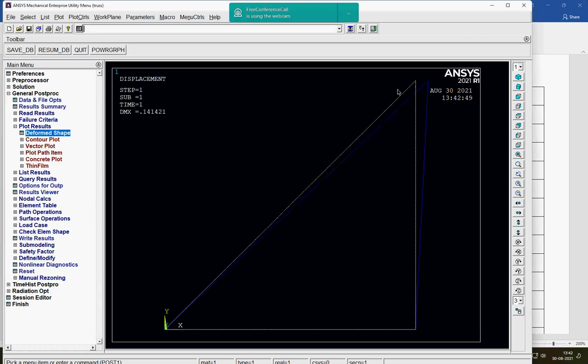Whatever the white color line is showing, that is undeformed, and the blue color line which is showing, it is a deformed shape. So in this way we can have the undeformed and deformed shape also available. Okay. So you have to think about it. In element 2 there is no stress, though you can see it has been rotated slightly. So rotation slightly does not mean there will be axial stress. Okay, that you have to understand. It is not elongated, and therefore it won't be having an axial stress.